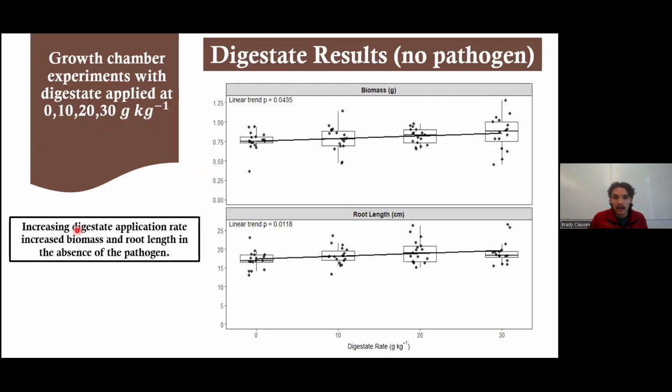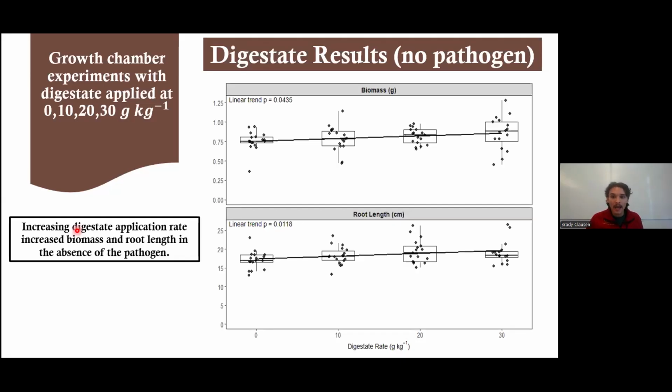So again, this is the digestate results when no pathogen is present. So just baseline plant health performance. And what we see overall is a linear increase of both biomass and root length, which are significant, but you can see they're pretty marginal overall. And this is probably just due to the idea of, we only grow these plants for about 4 to 6 weeks. So there isn't probably a tremendous amount of time for the plant to start to allocate energy towards shoot